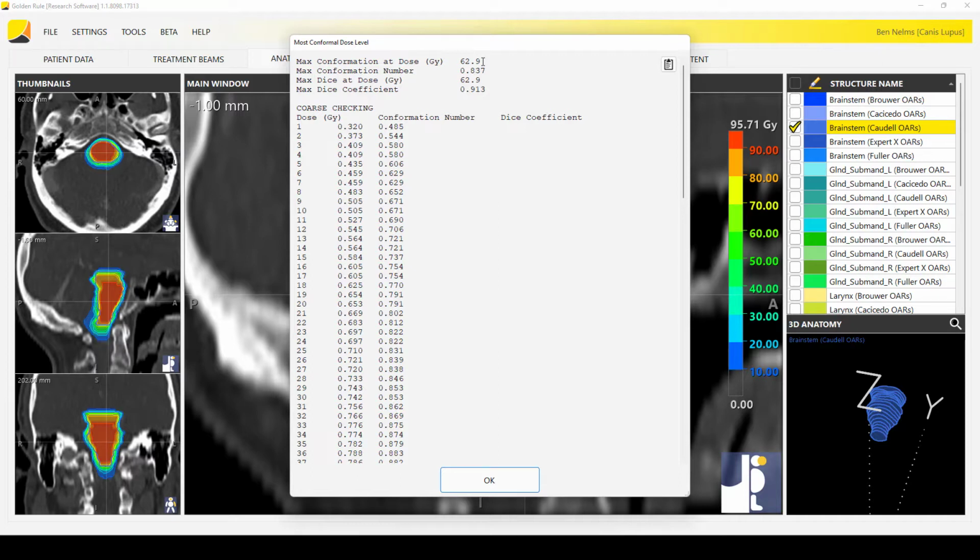So 62%, and it has a pretty high agreement. Dice coefficient there is 0.913. That's pretty high. Confirmation number, which is a little more sensitive than the dice, is 0.837. So I might jot that down, 62.9